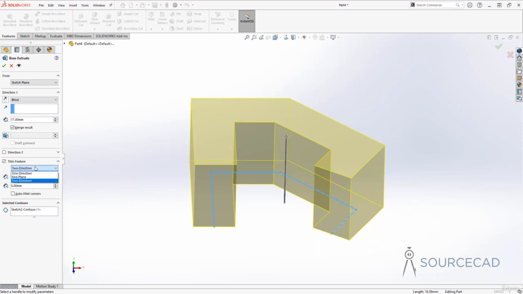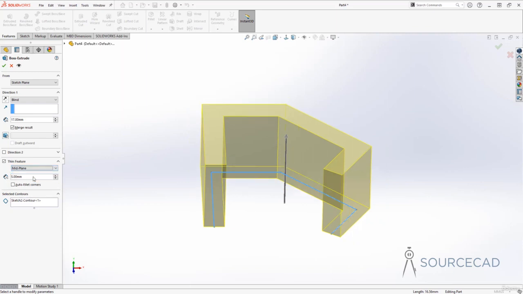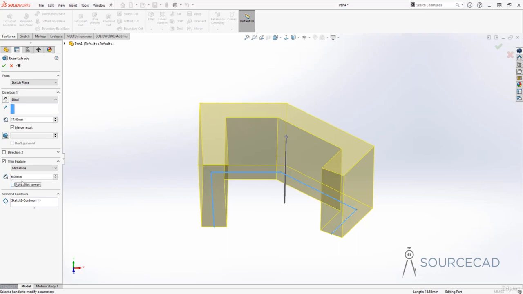Now we have another option here called midplane. When you select midplane, it will do the same thing which I did. So in this case, you just need to change the value only once. For example, if I make it 6, it will add thickness of 6 unit on both the sides of your